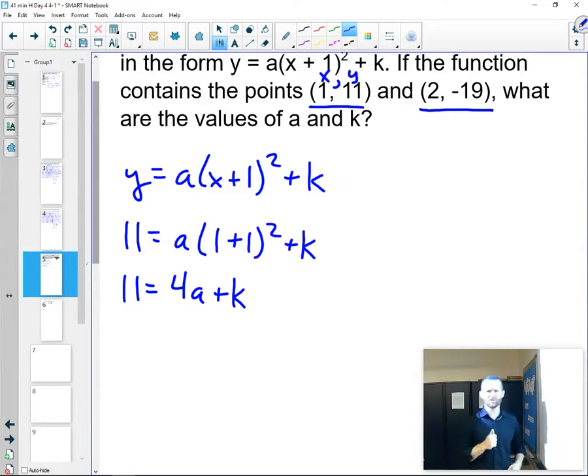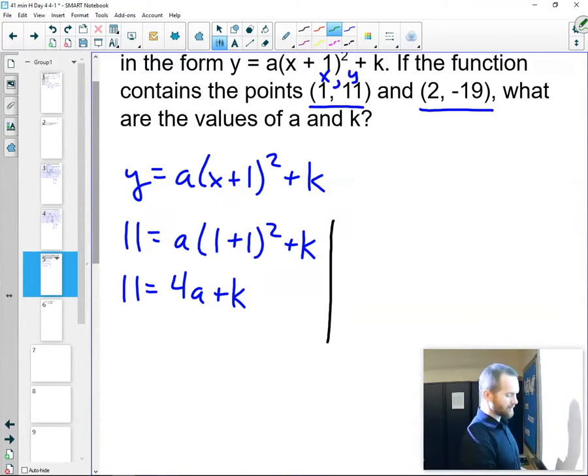There's nothing more we can do here because we see two variables. Now, hopefully we remember our algebra skills. If we have two variables, that means we need two equations. So we need a way to come up with a second equation here so we can solve for a and k. Hopefully you're saying to yourself, well, wait a minute. We got the first equation by plugging in 1 point. Let's get the second equation